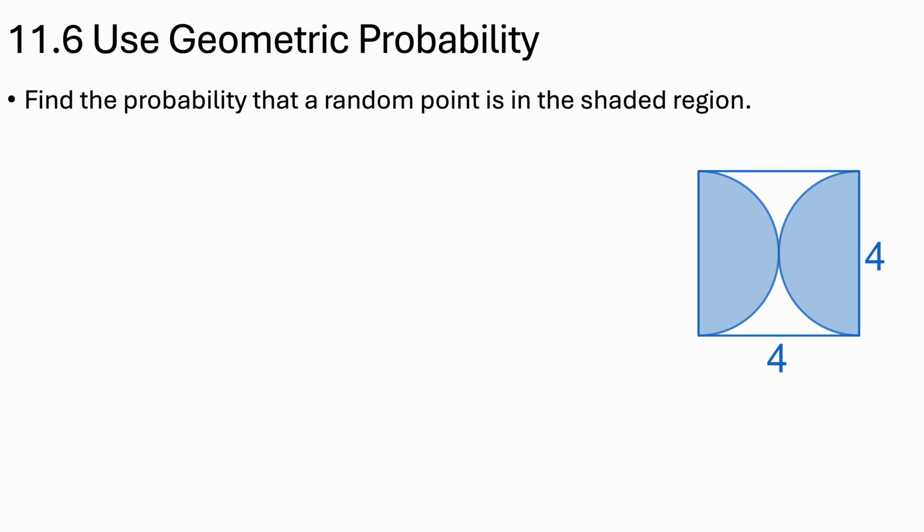Again, you have to see the probability that the random point is inside this. So you take this half semicircle and this half semicircle. The area of the full circle would be pi r squared. What is r? r is 2 because here to here is 4. So pi r squared, pi times 2 squared, would be the area of the circle, and the area of the whole shape would be 16 because 4 times 4 is 16. So that is your probability that the point would be in the